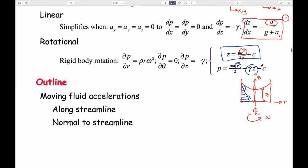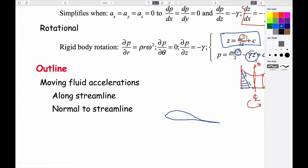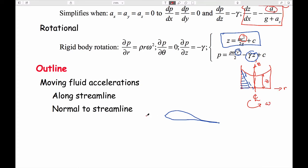The other thing that we could do, and what we'll do today, is talk about moving fluids. Typically when we're talking about moving fluids, we might want to apply it to, say, something we know. I'm not sure what that looks like. Does it look like a tear? But it's an airfoil. And if you imagine us having fluid that goes across here,